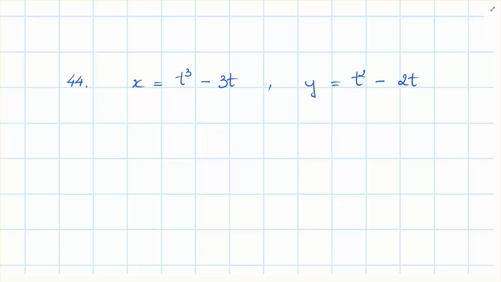So, we have x equals t cubed minus 3t and y equals t squared minus 2t. Question A, does the particle ever come to a stop? If so, when and where? So A,